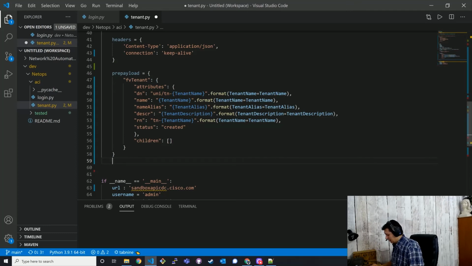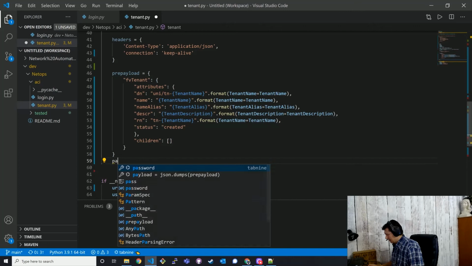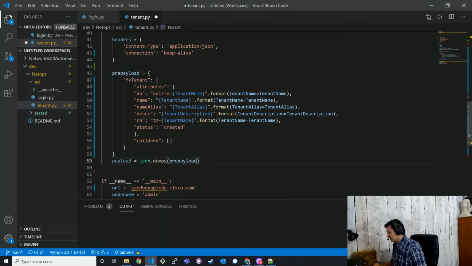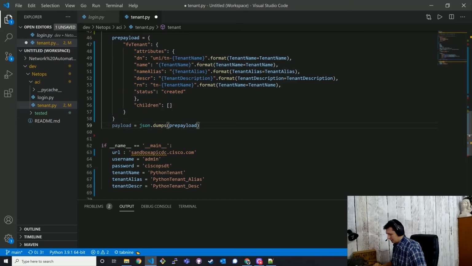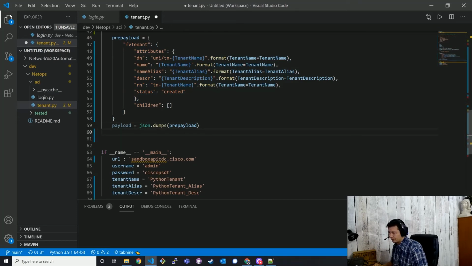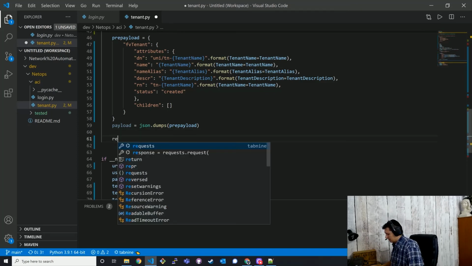So we're going to say payload is equal to JSON.dumps, and we pass in the pre-payload dictionary or JSON dictionary. So that's done. Now we need to create the actual response. So the response is equal to